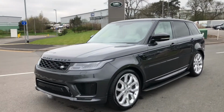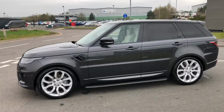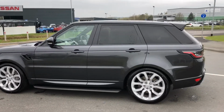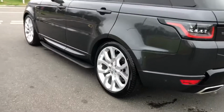Today I'm going to show you around this gorgeous Range Rover Sport Autobiography Dynamic, which is a 3 litre diesel mild hybrid. This car is brand new, therefore has had no previous owners, and it comes in Carpathian Grey. You have 22-inch silver finish alloys,